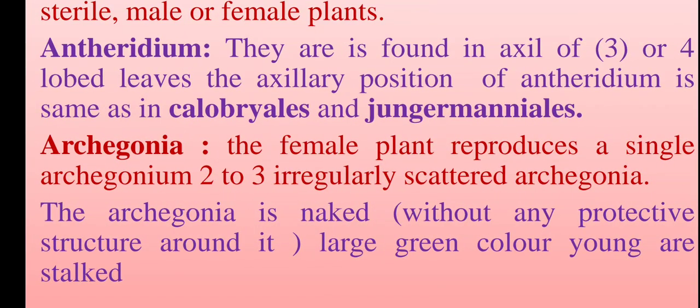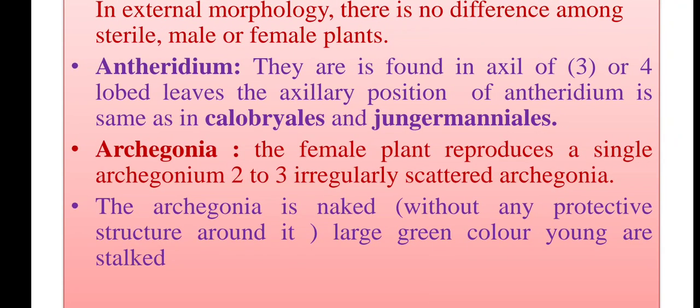Antheridia are found in axillary position. Antheridia develop and arise from the axillary position, in 3 to 4 lobed leaves. Lobed means the covering of the leaves, so called 3 to 4 lobed leaves. They develop centrally as well as in the axillary position. Axillary means apical position. Is that clear? Lobed leaves, axillary position of antheridium is the same as in